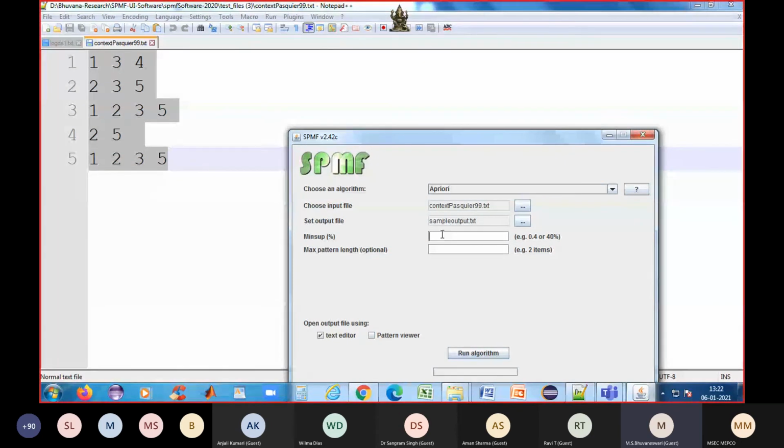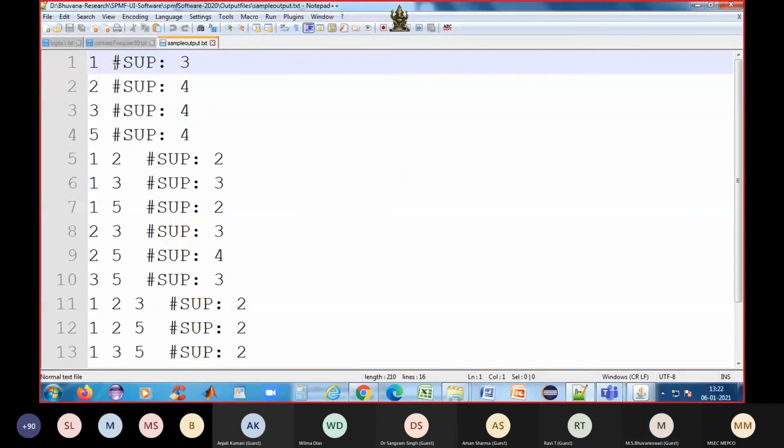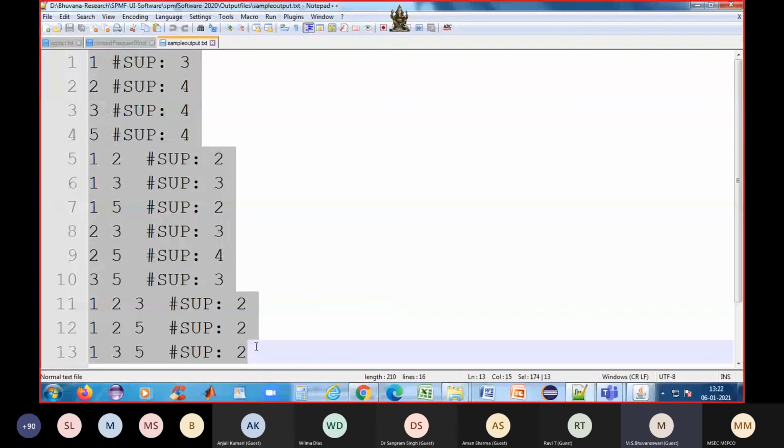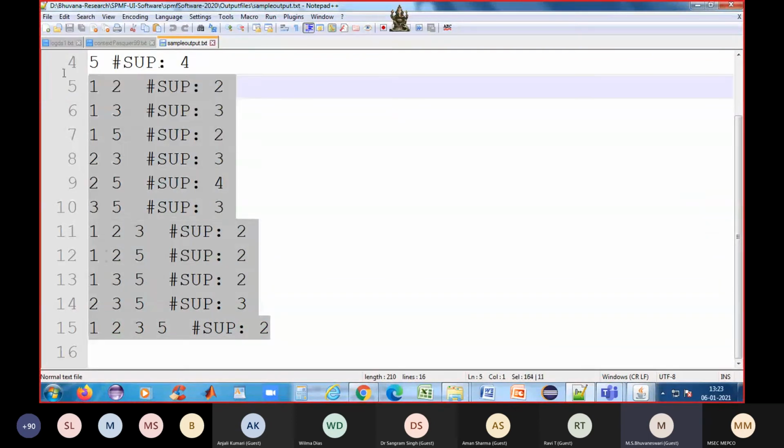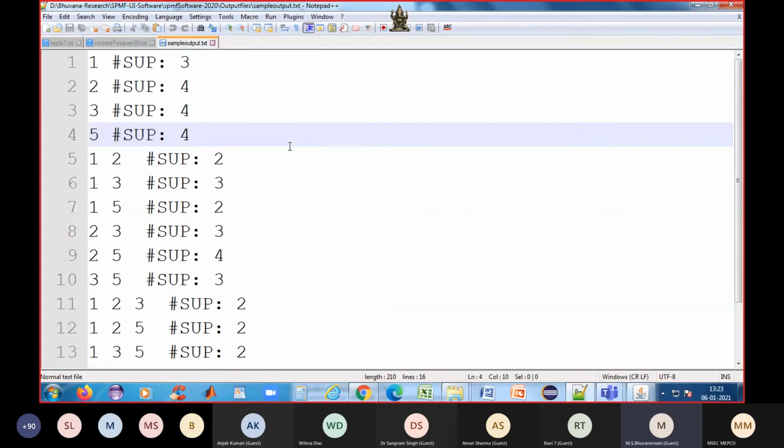Then we have to give what is the support we give for our application. If I'm giving 0.4, this is going to be relative support. Here it is optional. Sometimes for a specific application, I may be interested in only length 3 items. I don't want length one frequent items and all, so you can give it as 2 or 3 or anything. If you want all items, you leave it as blank. Then I can run the algorithm. Automatically, it will give the output of your Apriori. It is one example. This is the output of your Apriori, right?